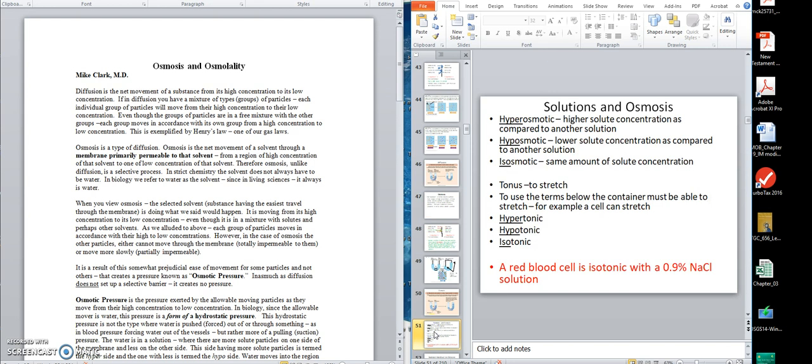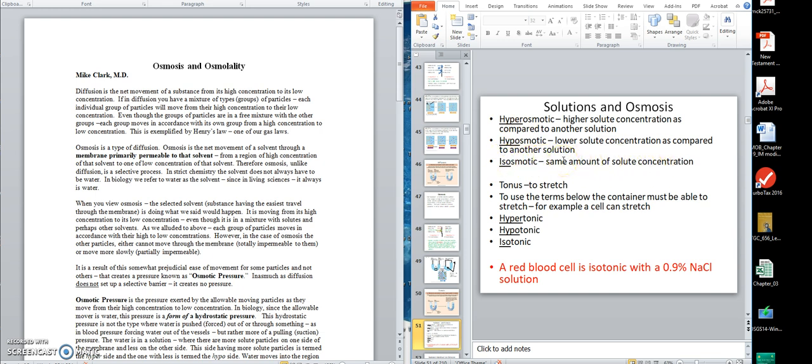Okay? So then we can come to some terms dealing with osmotic pressure. If we had two solutions side by side, and one had more solute than the other, the one with the solute would be hyperosmotic. See, the osmotic pressure is being determined by the solute concentration. The higher the solute concentration, the more the osmotic pressure. Okay? If both sides have the same solute, then it's